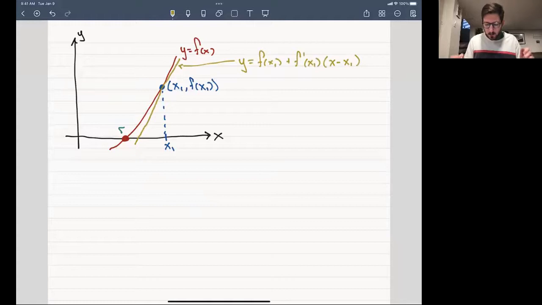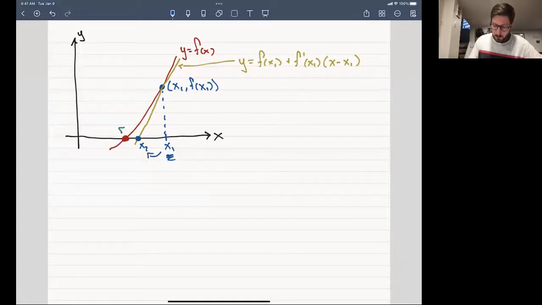Okay, then the question is, so this is just the tangent line. The question is, where does this thing hit the x-axis? Because if you just look at my picture here, wherever that thing hits the x-axis looks like a much better guess for the root, right? My original guess was x1, but you can see that if I call this thing x2, then just by tracing where that tangent line goes down to the x-axis, clearly I've got a much better guess if I update myself by just finding this value of